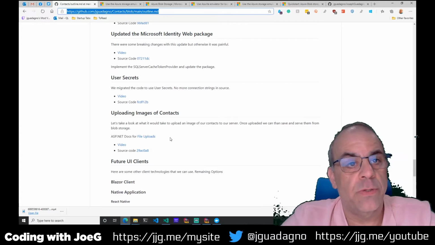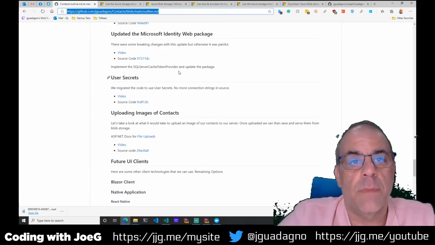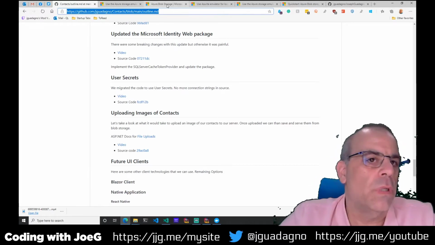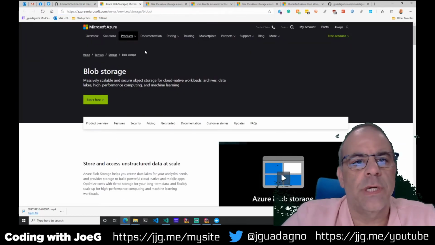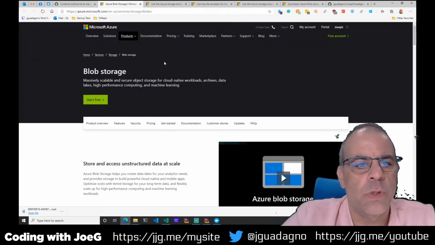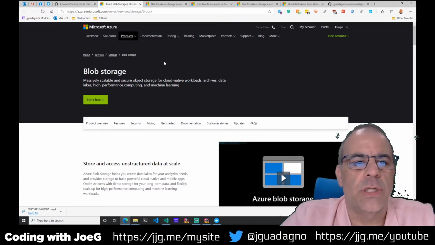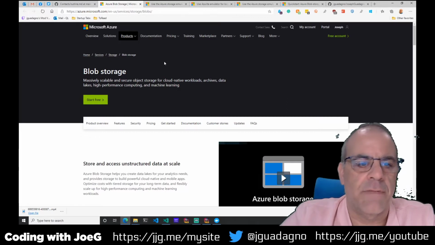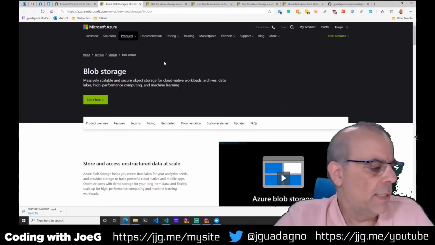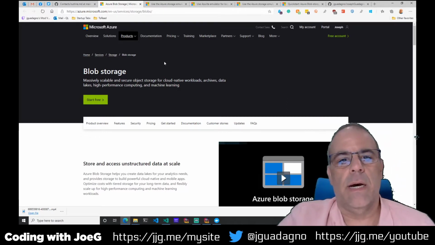Today we are going to start the next part, which is uploading to Blob storage. For those of you who don't know, Blob storage is used to store pretty much large objects. A lot of its use cases are huge data lakes, archives,